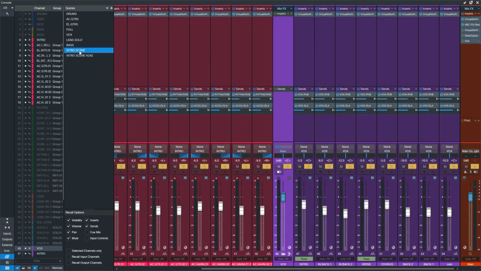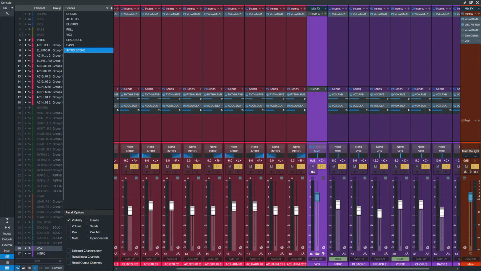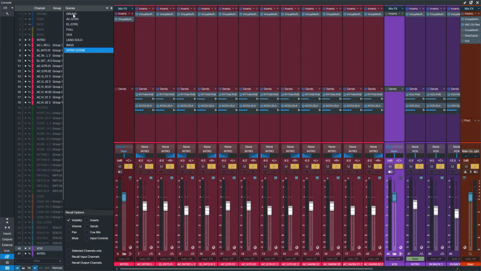So you have the same song with the same mix. Well, almost the same, because the change is happening on the vocal bass. Although if you disable every volume or pan or mute change, okay, and you remove that scene and leave it as the way that I like to work with that visibility recall option, okay, what I do is I like to have separate views of my